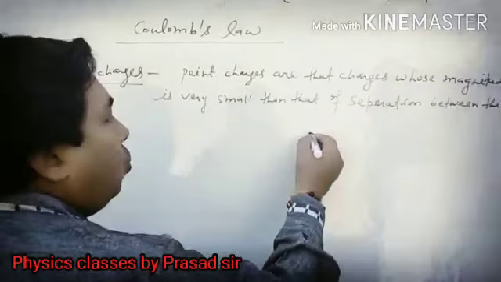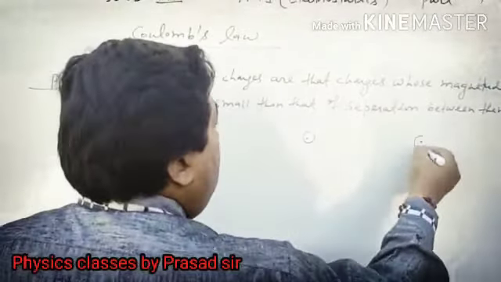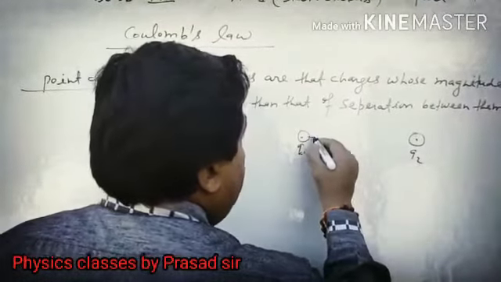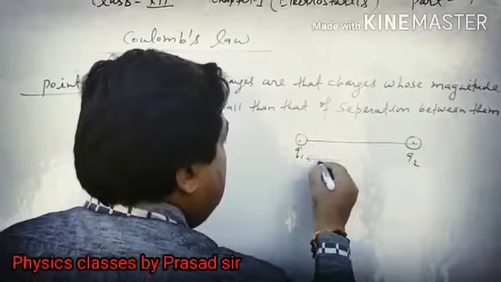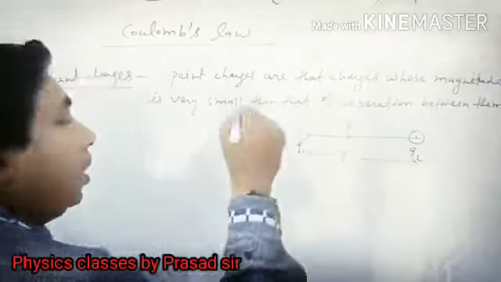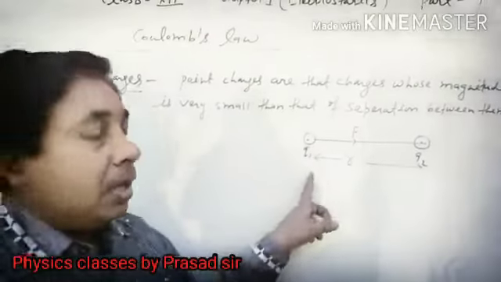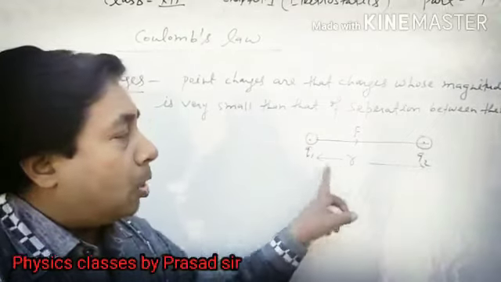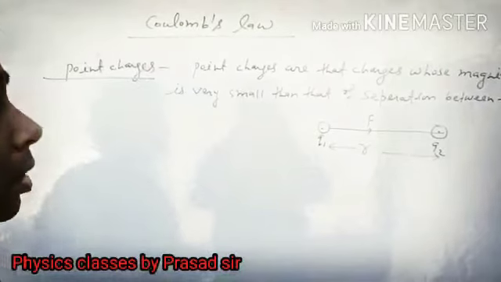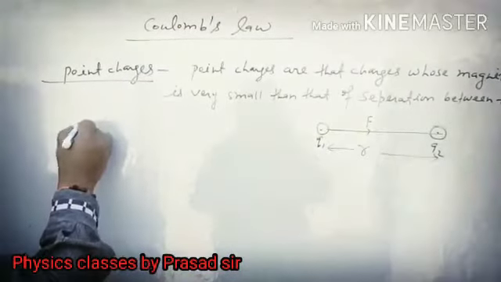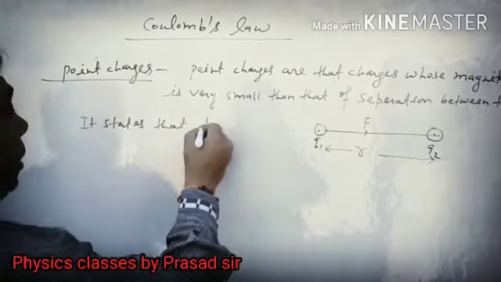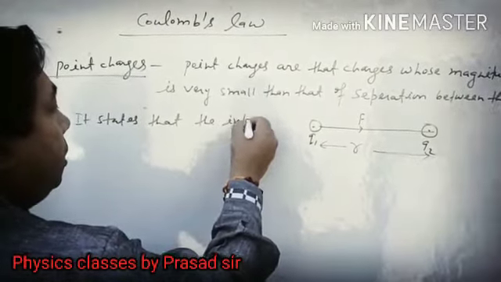Suppose we have 2 point charges Q1 and Q2 separated by a distance r. The force interacting between them is directly proportional to the product of their magnitudes and inversely proportional to the square of the distance. This is the law. So it states that the interacting force,